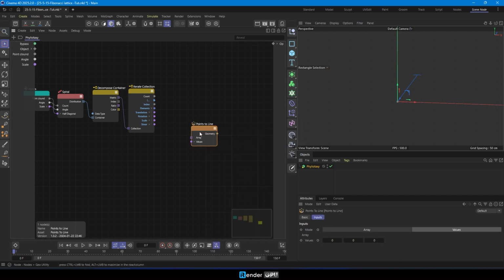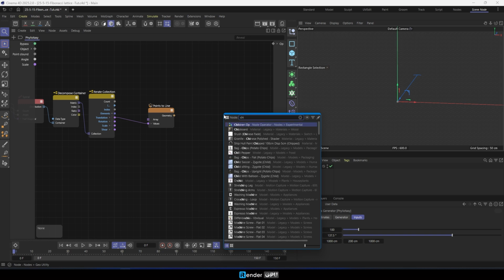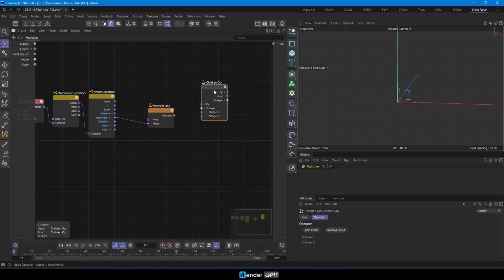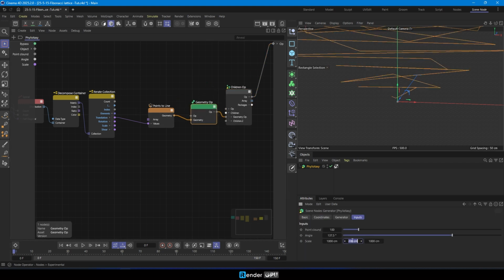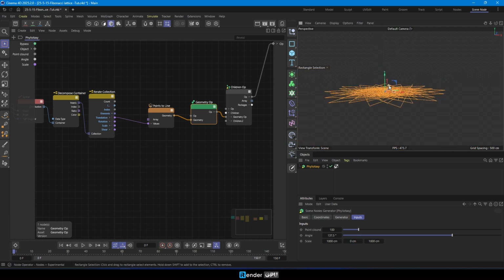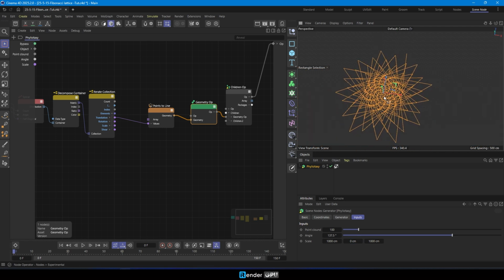We can check the display by using the points to line node. Set the mode to values and adjust the scale parameter to y equals 0 cm so that all the points lie flat on a plane.